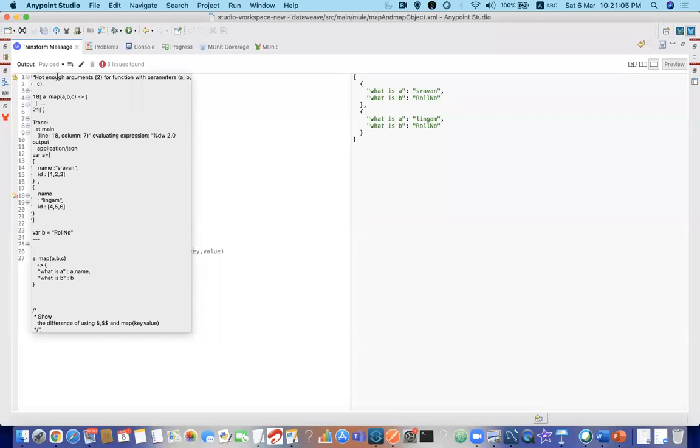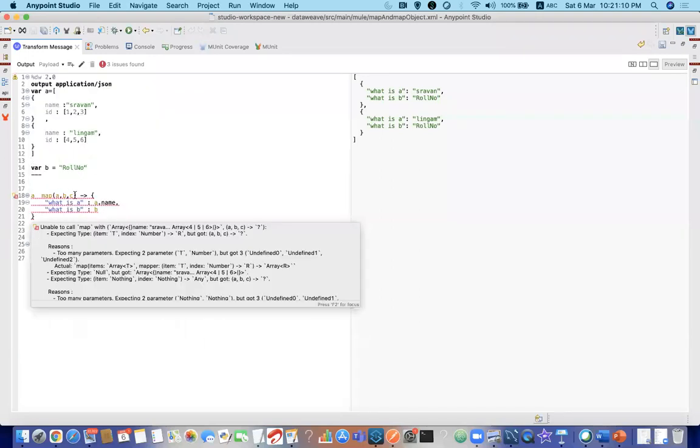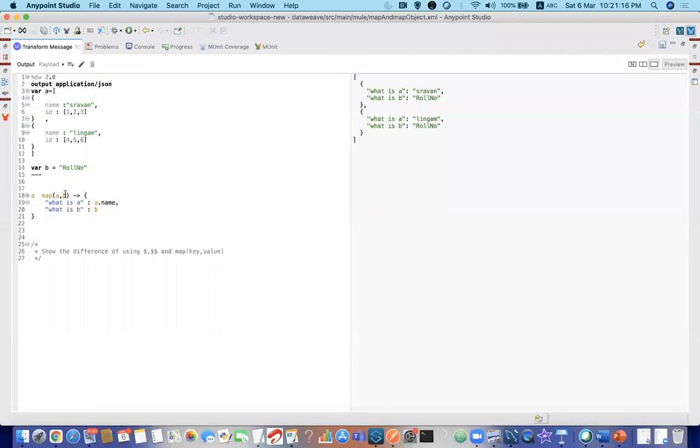It will accept only two arguments for map. But in map object it will accept 3 parameters, that we'll see when we are seeing map object. For now a comma b, you can give any kind of names over here, but please give some valid names, value, comma, index, and try to use the same here.